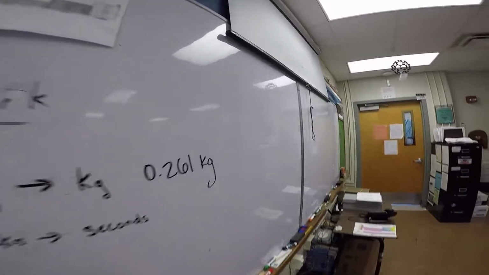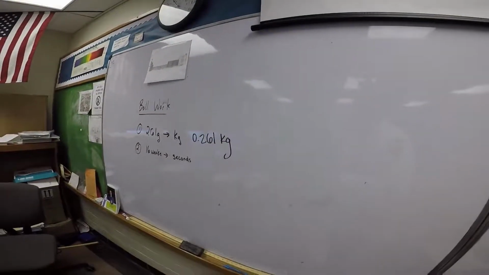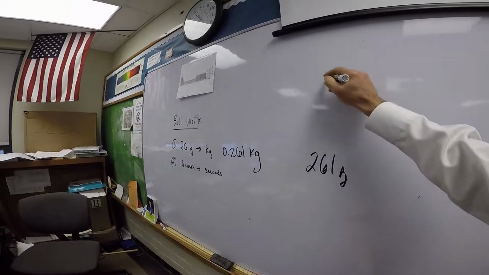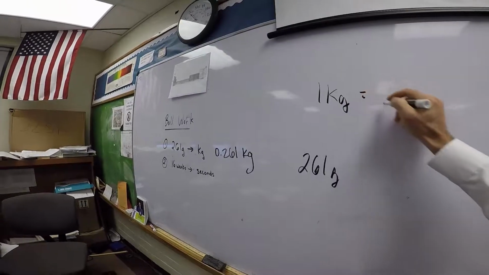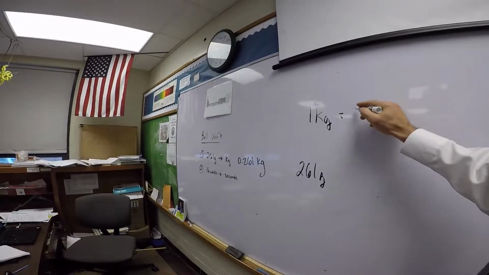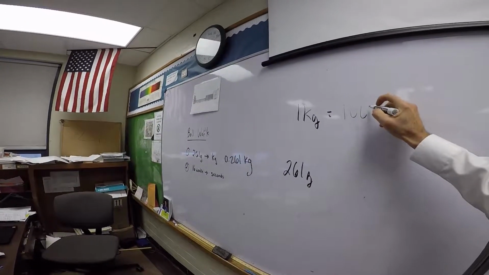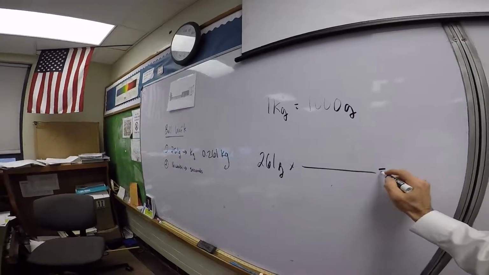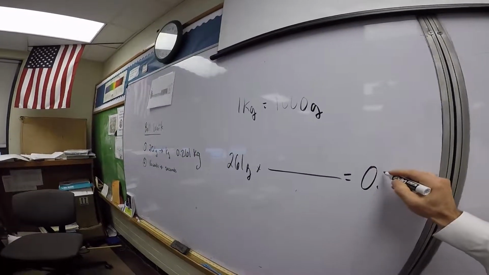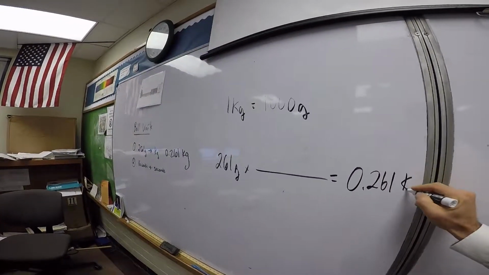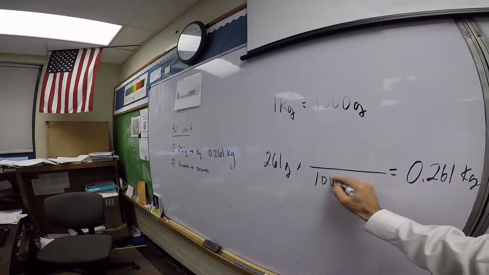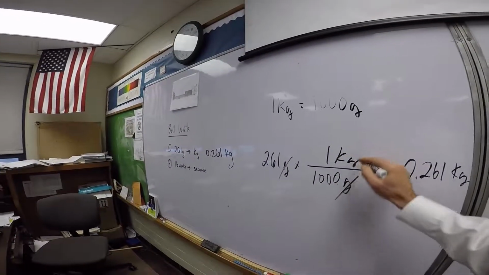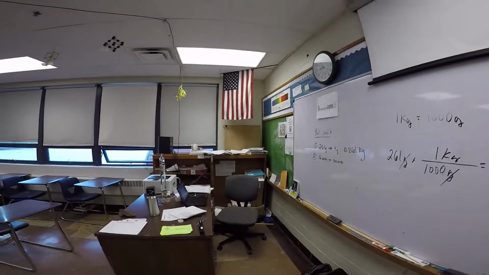So we have 261. And we know that 1 kilogram is equal to how many grams? 1,000. So we're just going to put in the denominator what goes in the denominator here? Yeah, 1,000 grams, because we want grams to cross out, remember? 1 kilogram. So this is a pattern that you're going to see next semester, and the reason why we're going over it now,